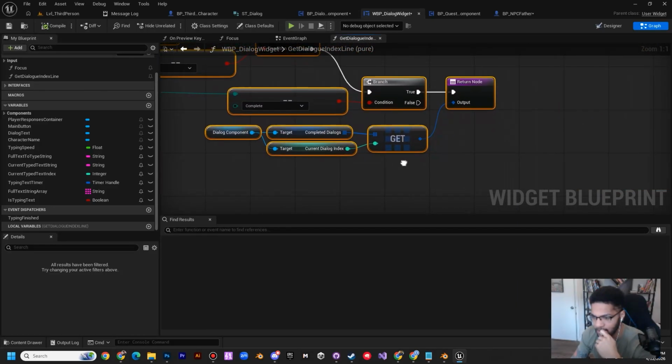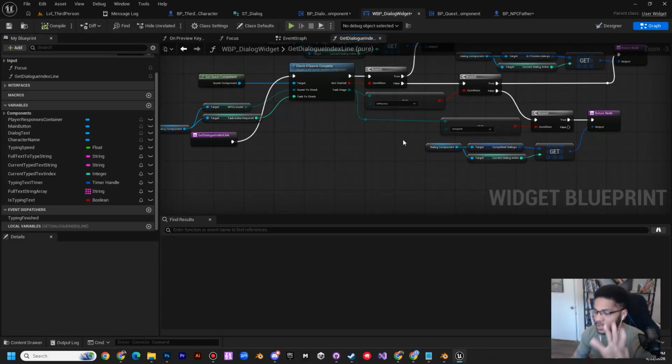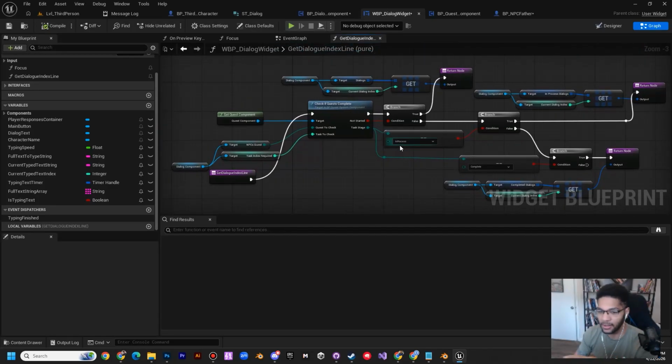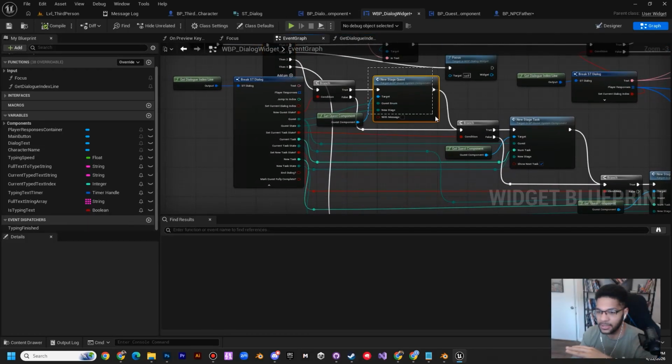Really, we don't want it to affect the current conversation, right? We want this to go through. We want it to set the quest state to complete here, right? New stage quest. And then on the next conversation when we open it up is when we really want to check if we completed everything